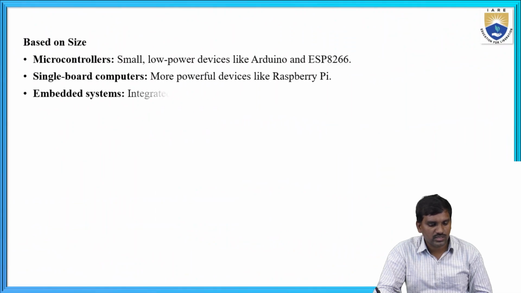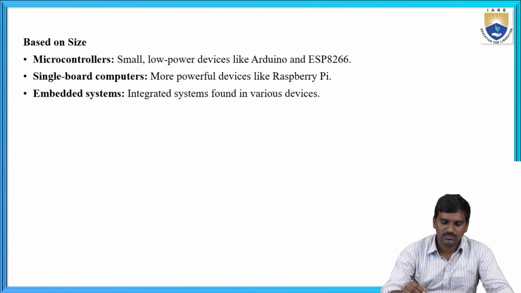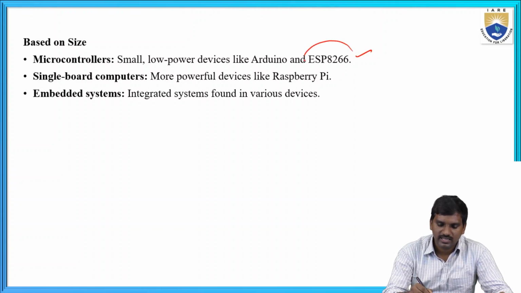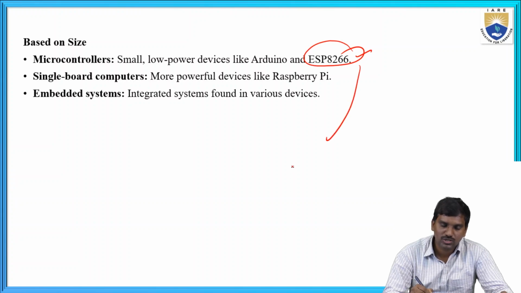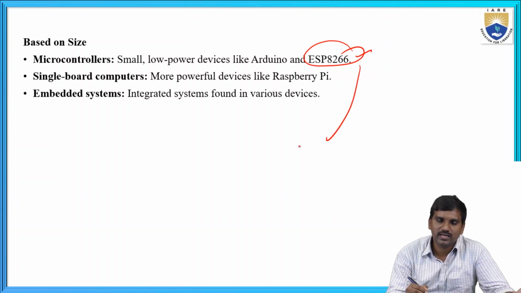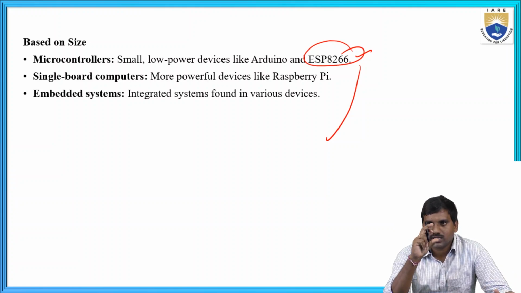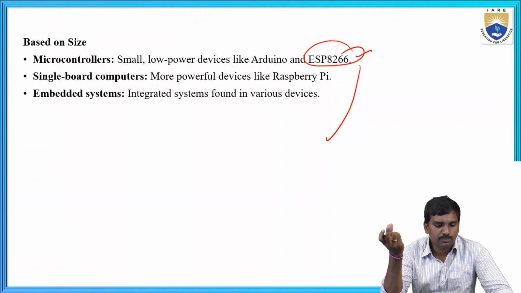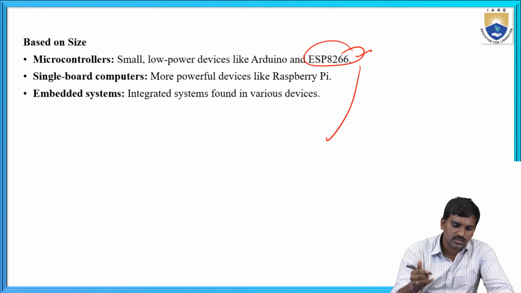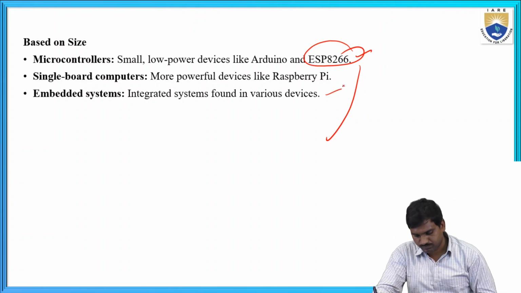Based on size: microcontrollers, single board computers, and embedded systems. ESP8266 is a very important microcontroller to explain for building IoT devices. Single board computers are like Arduino and Raspberry Pi. Just now we discussed that it is an ATM card sized mini computer, used to develop a lot of applications. And an embedded system is the combination of hardware and software with a mechanism. That is one classification based on size. Next one,